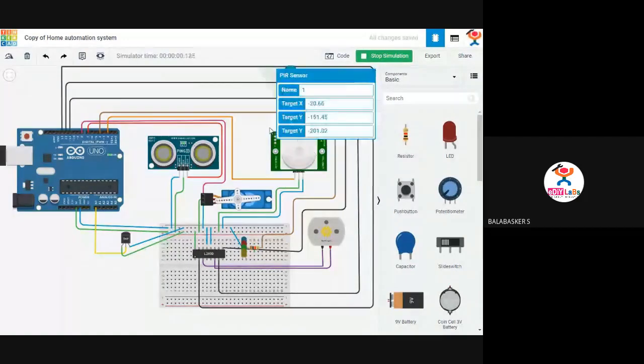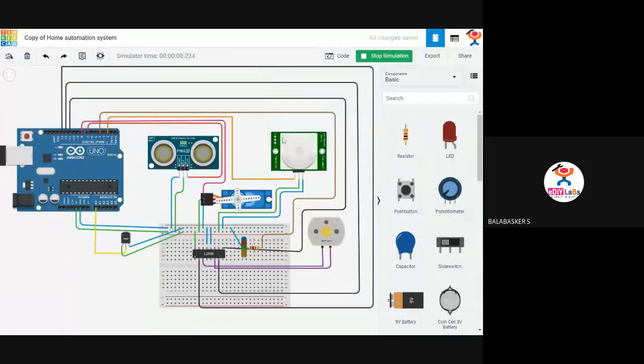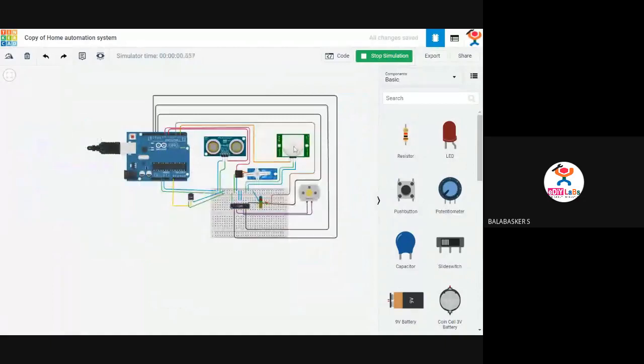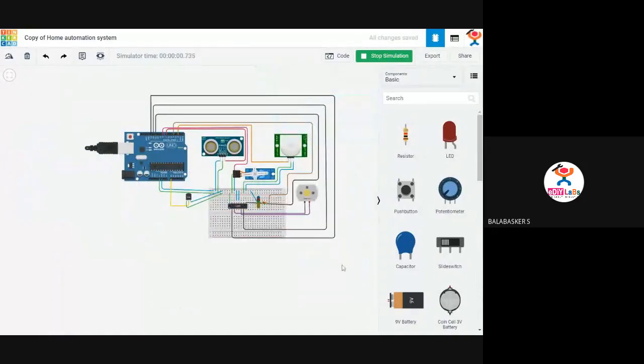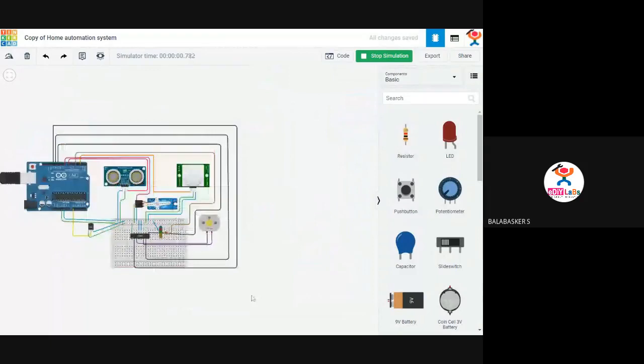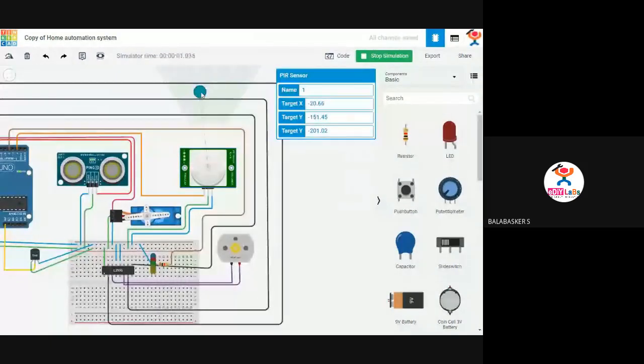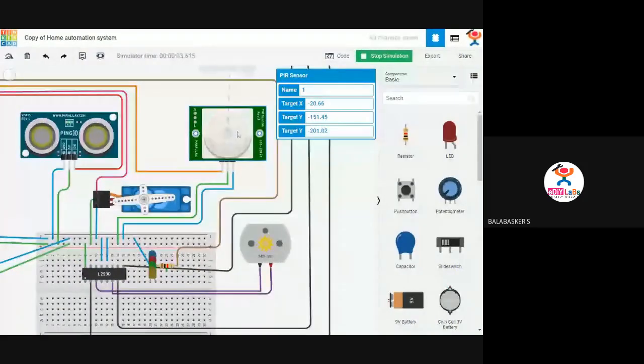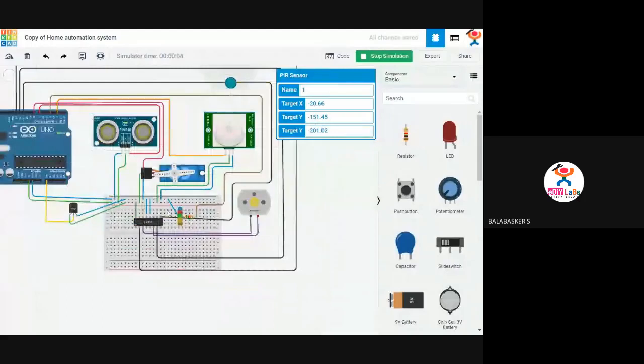See, here, see the LEDs. Every LED is glowing. When it is in the specific range, you can see the LED is glowing. If it is in the range, that LED will be on. And another thing, for the ultrasonic sensor, if it is so close, you can see the